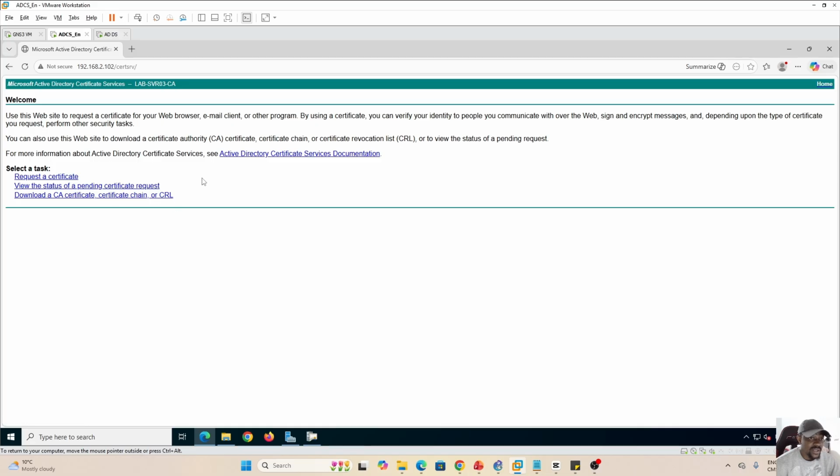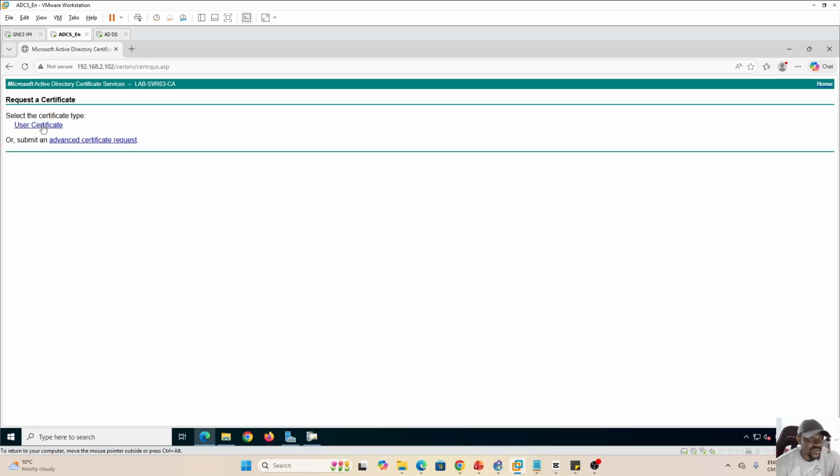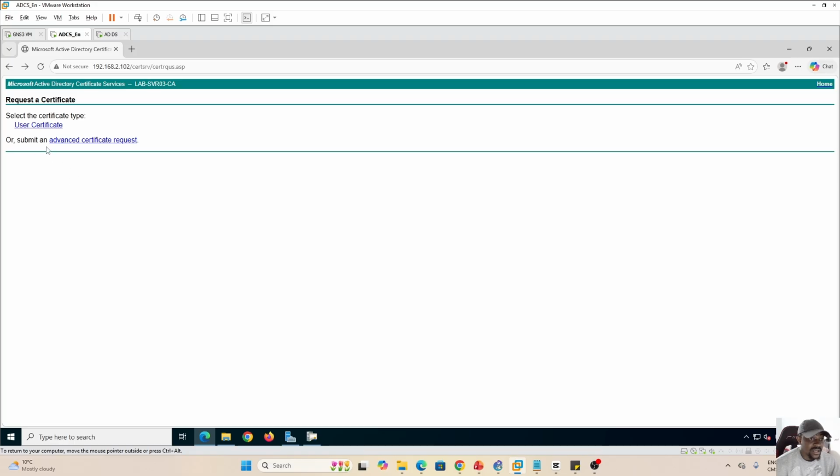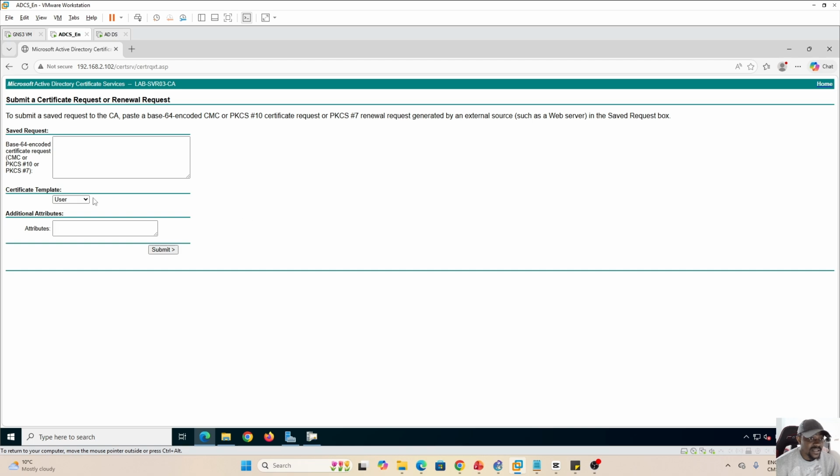So for now, what I wanted to show is that from here by default, without us configuring or customizing new certificate templates, a user can already request a certificate. He can either request a user certificate, or if you go under advanced certificate request, you will see that under certificate template, there are by default these two certificates that are